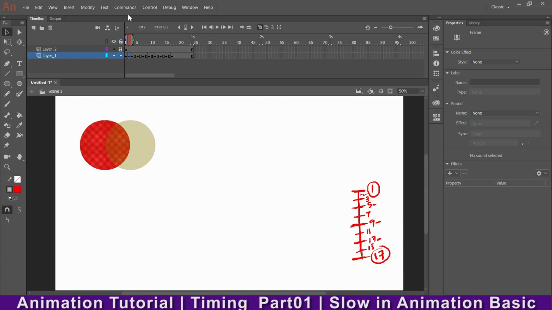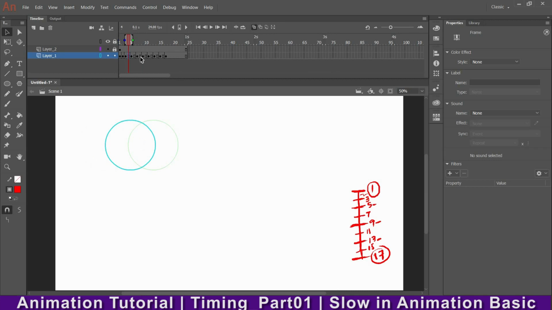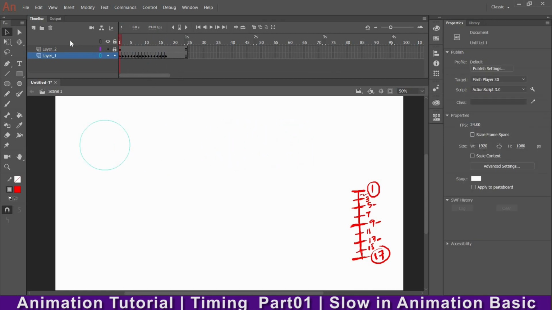So now in the second I'll shift this one. If it is not visible clearly, then you can make this a wireframe, and now you can see very clearly. And in every frame you need to do the IVs. IV means in between. Okay. So now you can play and see whether your animation is looking smooth or not. So I'll remove the wireframe. See, now it is much smoother than the previous version. Okay, see. So this is at uniform speed, there is no slow in and slow out.